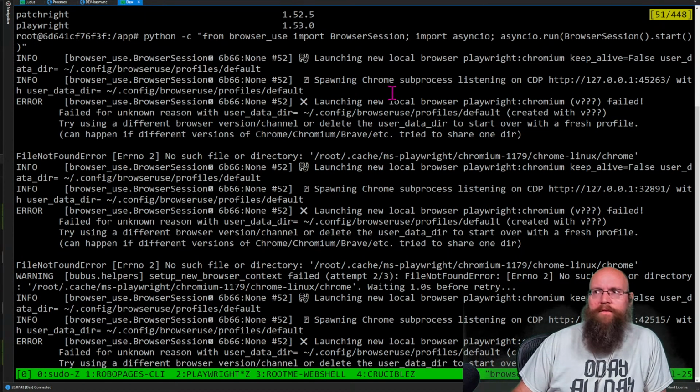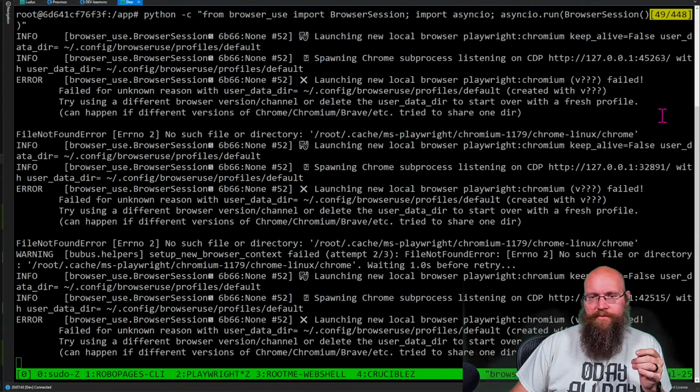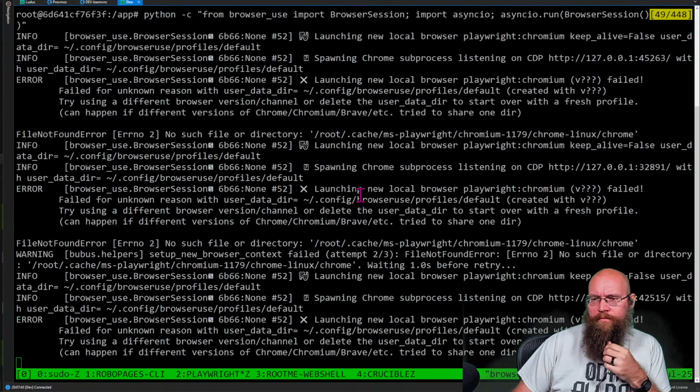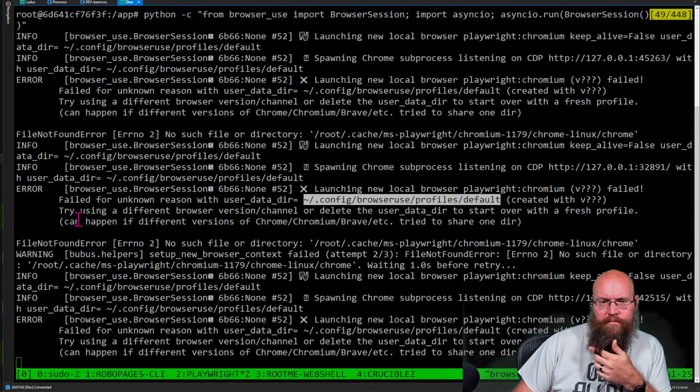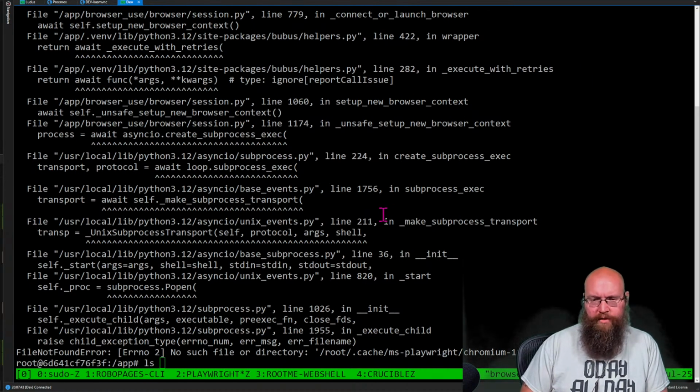All the debuggings. Whoever said debugging's not fun, there's no sense of fun. Something we need to check is if this profile was created. Try using a different browser version or channel, or delete the user data dir for a fresh profile. Let me look at this real quick.